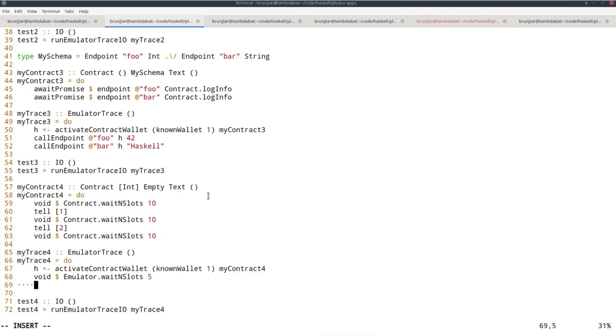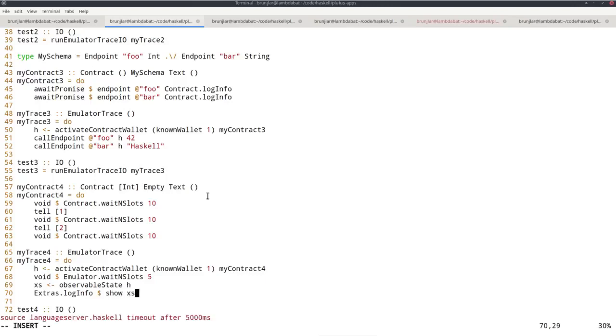Okay, now the way we can look up the state of a running contract is by using the function observeState or observableState. And as argument, that takes a handle. So the handle of the running contract whose state we want to observe, so H in our case. And we can bind the result. So the result should be the state of the contract at that point in time. So let's call that access. And in order to inspect it, let's log it. So Extras.logInfo